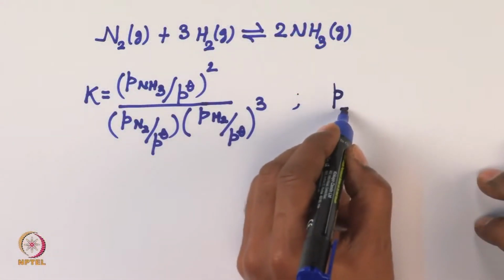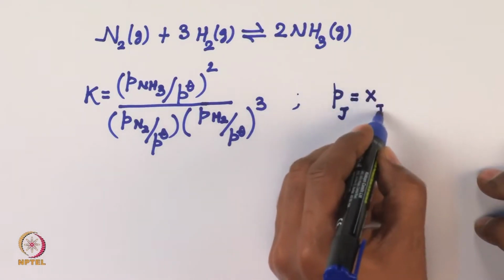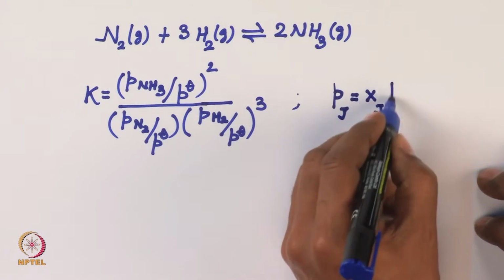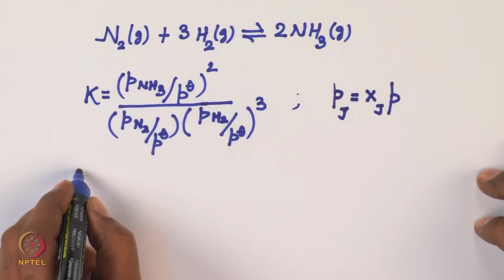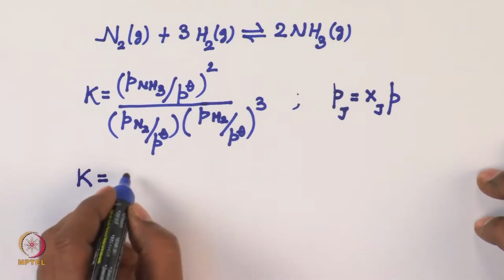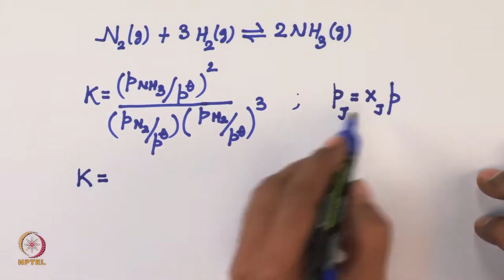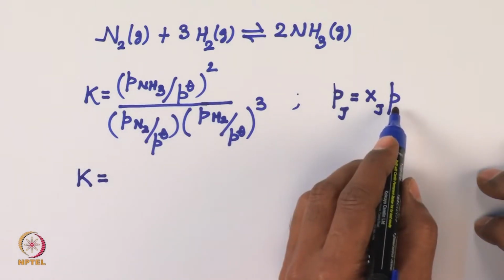That means partial pressure of any substance J will be equal to the mole fraction of J into the total pressure. That is from Dalton's law of partial pressure. We will use this information over here, and what we will have is, once you put, instead of P, mole fraction into the total pressure,